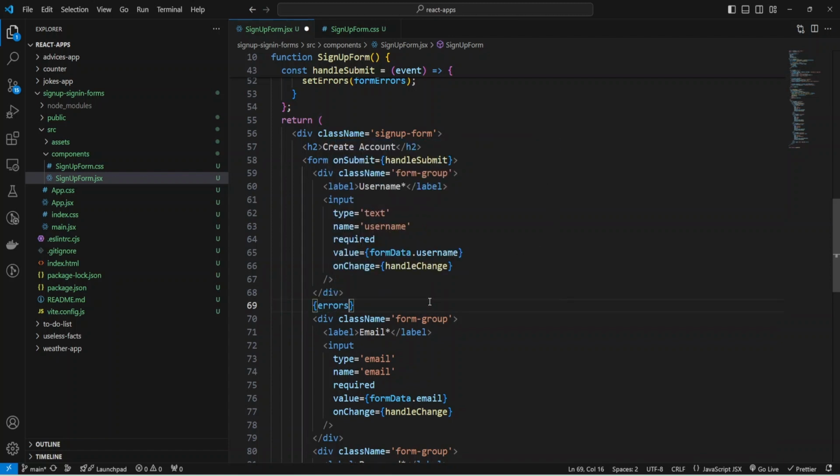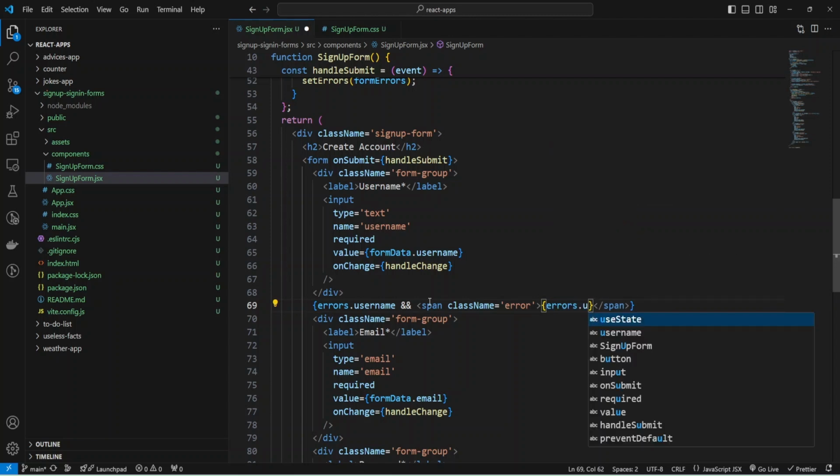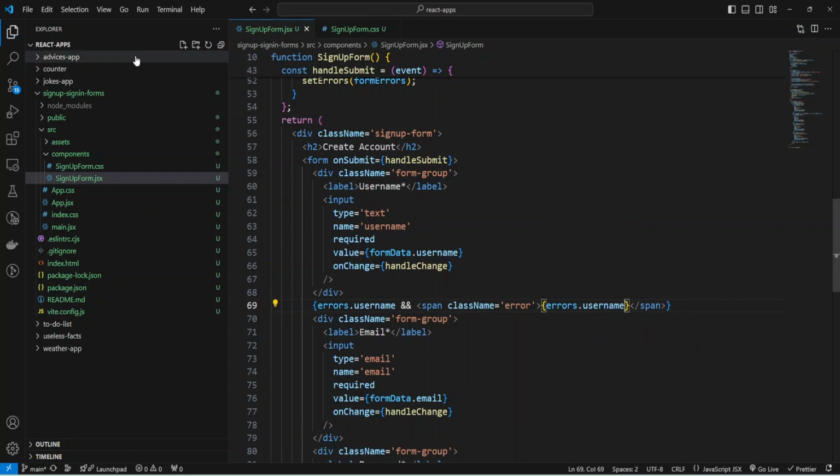If errors and errors for username, then I'm going to render a span and close the span and provide className. The className will be error, and provide the error from my errors, errors.username.